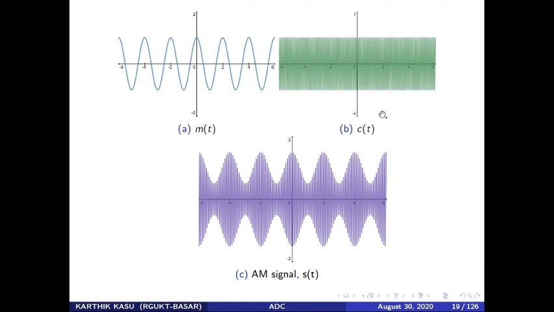Now I have shown all these three waveforms in one place. So this is our message signal M of t. This is the carrier. This is S of t, the modulated carrier. So this is the pure carrier. We can also call it pure carrier or unmodulated carrier. There are so many names. Some textbooks call it a pure carrier, some call it an unmodulated carrier. So anything is all right. So you can observe, we are taking M of t and this is C of t. This is what we are getting as the amplitude modulated signal.